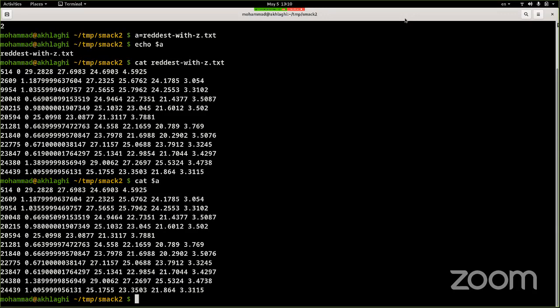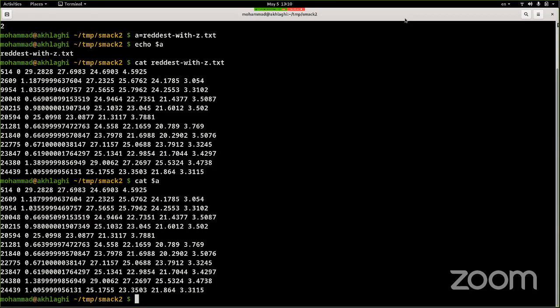So if you have 50 catalogs and you want to select the reddest objects with the spectroscopic redshift, you just, in a loop, change the values of a, and boom, you have been able to select your targets for all 50 catalogs. Okay,